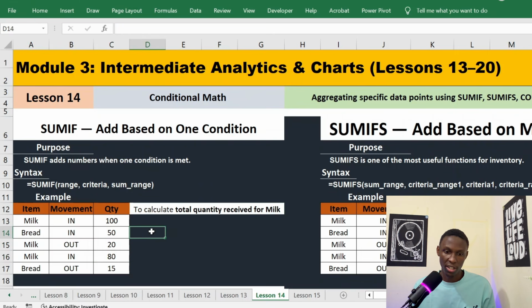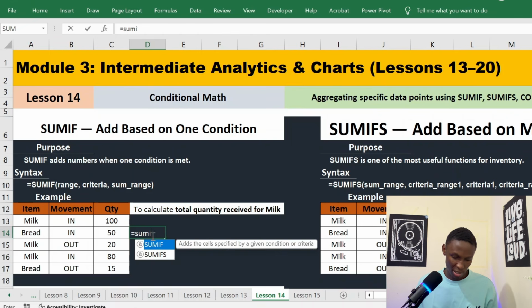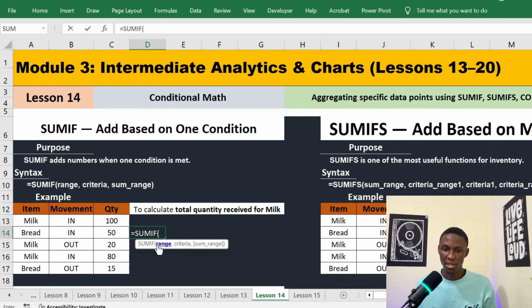First of all, we shall click any cell where we want our result to be. So we start off by typing the equal sign, then we type our SUMIF function. It will pop up like this within the Excel. So what you need to do is double click it. As you can see, it asks us for the range, criteria, and the sum range. Now this time, our range will be in the item column. So we shall highlight our item column. It will be our range since we're looking for the milk